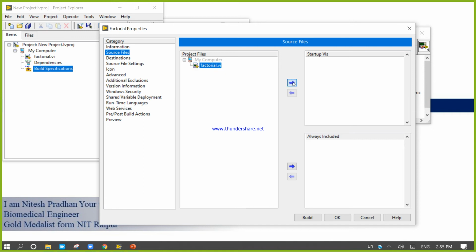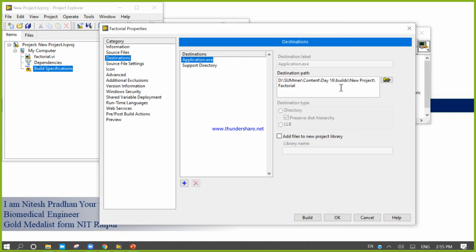So click on this VI and select here. Other VIs or not, okay, no problem. Now destination. Okay, destination is good.